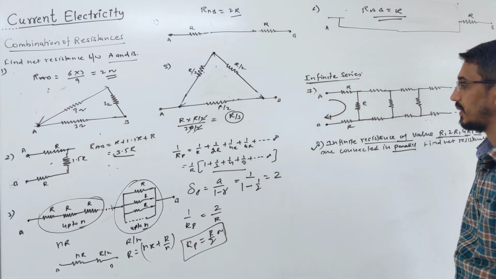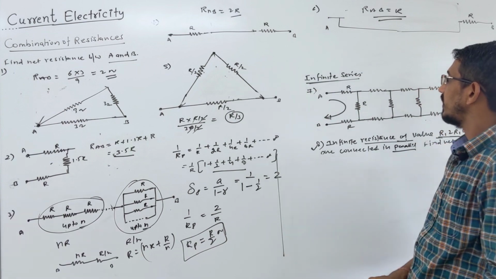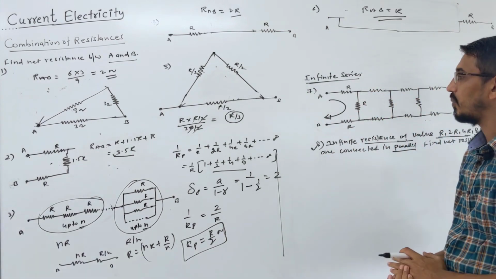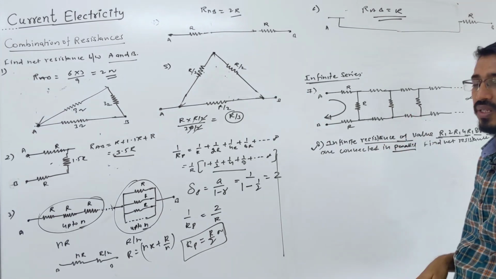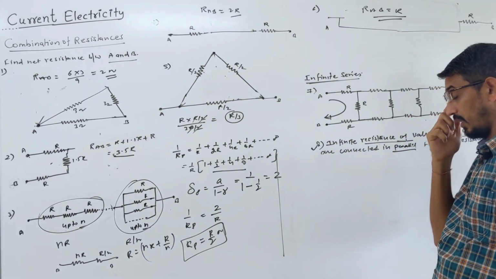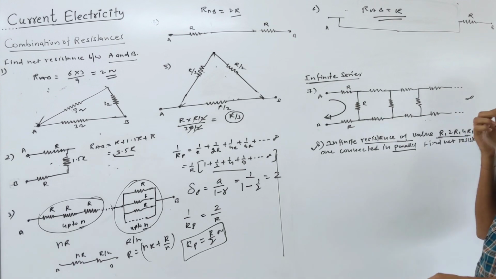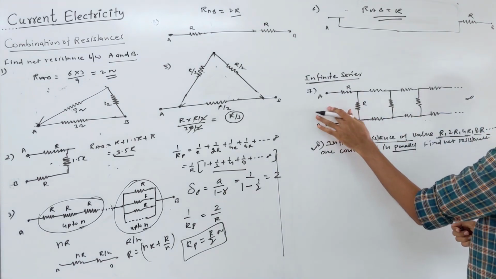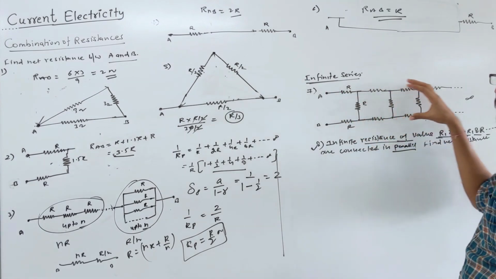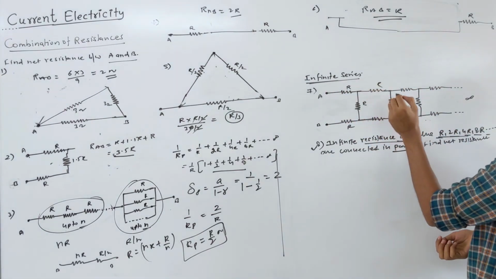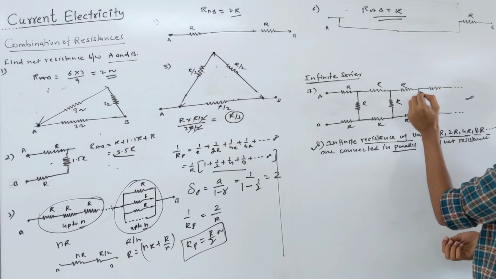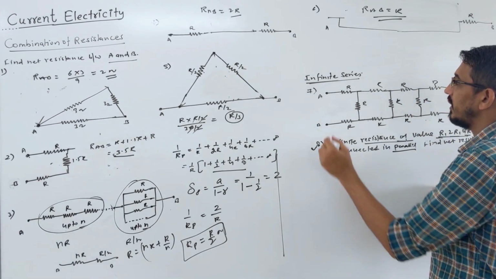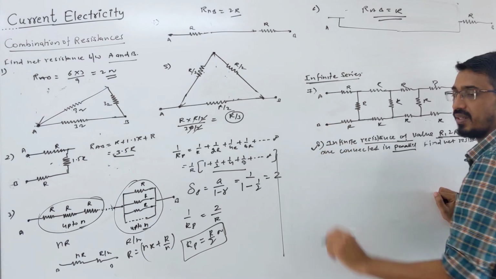Okay. This type of circuit question, we have to use some logic and approximations. They have asked this type of question only in the AIIMS exam, not in NEET. Still, let's try. Look here. What do you have to do? Watch carefully. Some number of resistances of some value are connected. Let's write all these values. It is extending till what? Infinity. They are asking what is the net resistance between the A and B terminals, right?